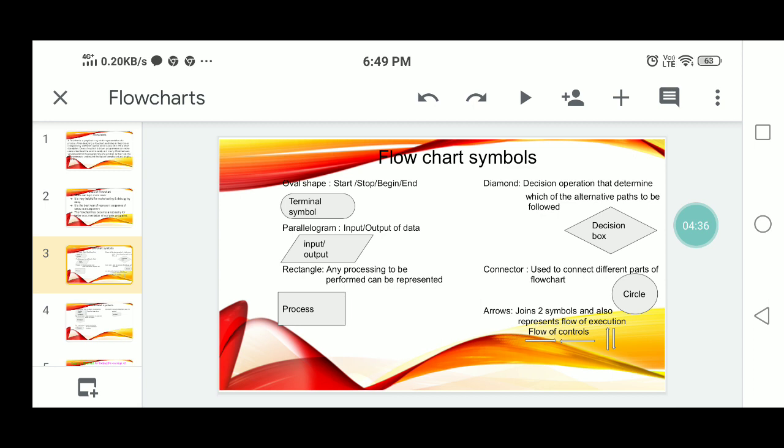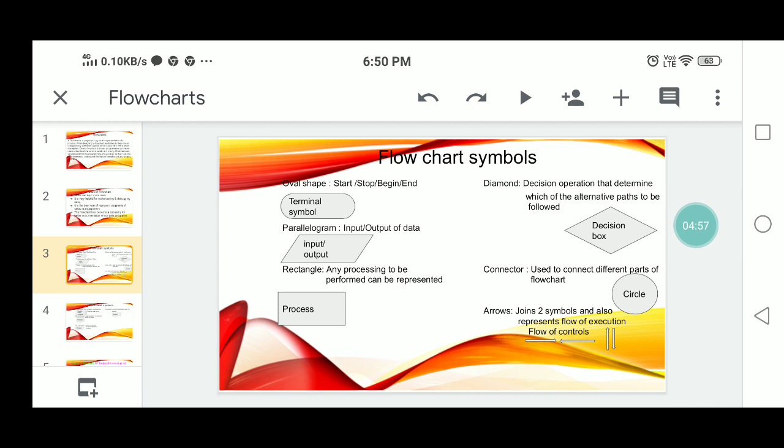It performs the operation start or stop of your flowchart. The next, another one, parallelogram symbol, represents input output. So it performs the input output operations of the data.